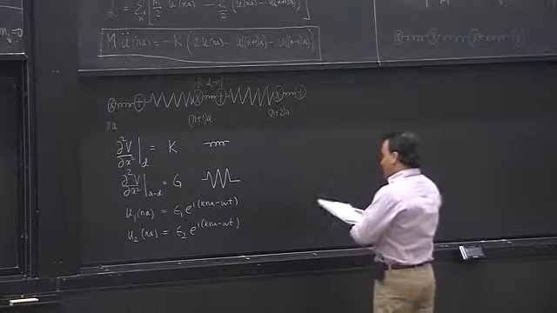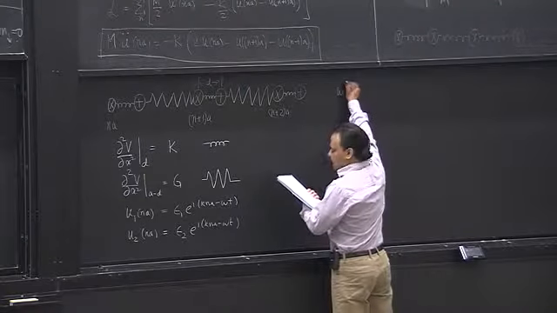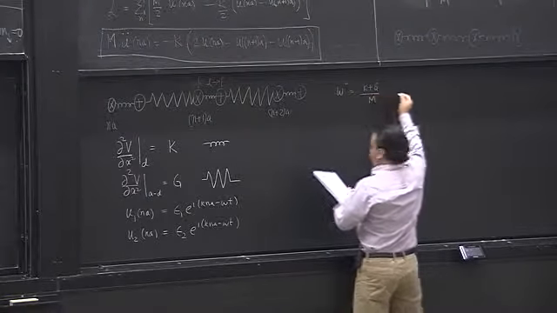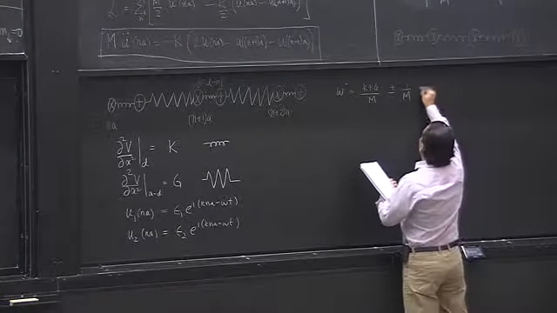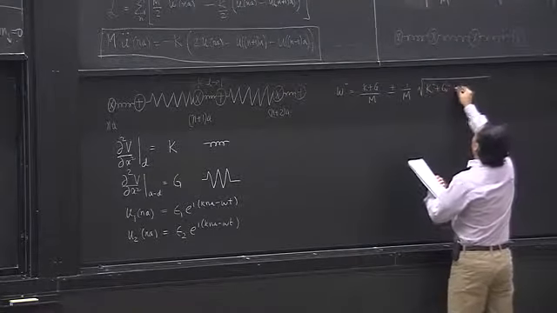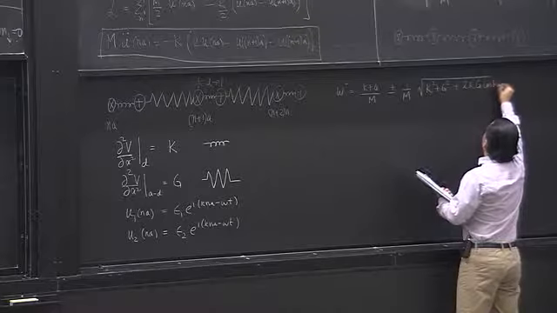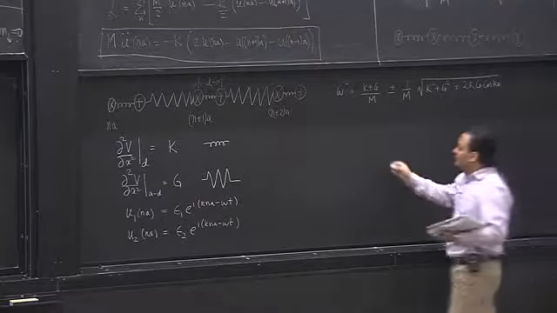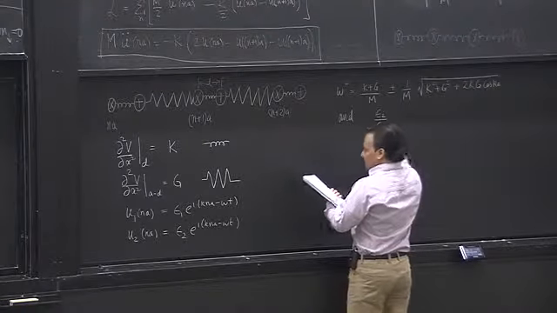And when we put this back, we find out that the final solution we'll get is omega square equal to (K plus G) divided by M plus minus 1 over M square root of (K square plus G square plus 2KG cosine ka). And epsilon 2 over epsilon 1